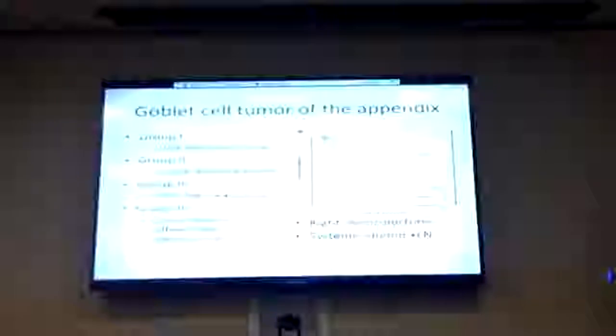Don't know why exactly it is, but a number of patients who did well for years, and then 5 or 6 years later, they develop peritoneal metastasis. Strange sort of quirk about these